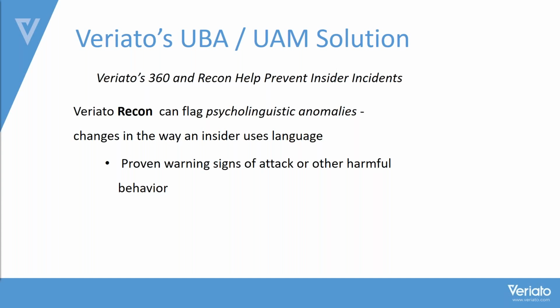One of the main things that we could touch upon as far as UBA goes is the actual ability to flag, it's a big word, psycholinguistic anomalies that are out there. Basically, on a daily basis, as users, as people, as humans, we go through the day utilizing words like us, or team, or me, things that are a little bit more helpful for the environment, helpful for the company itself. During that time, as things get a little bit, I guess you could say, distasteful, and people are a little bit more unhappy in the environment, you'll start to see that their behavior changes.